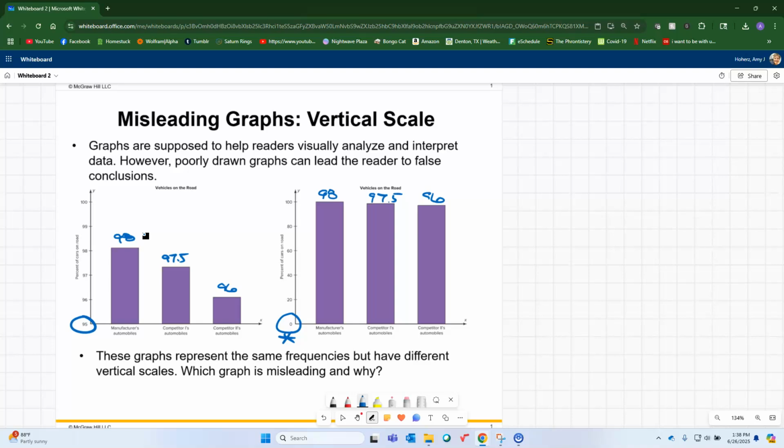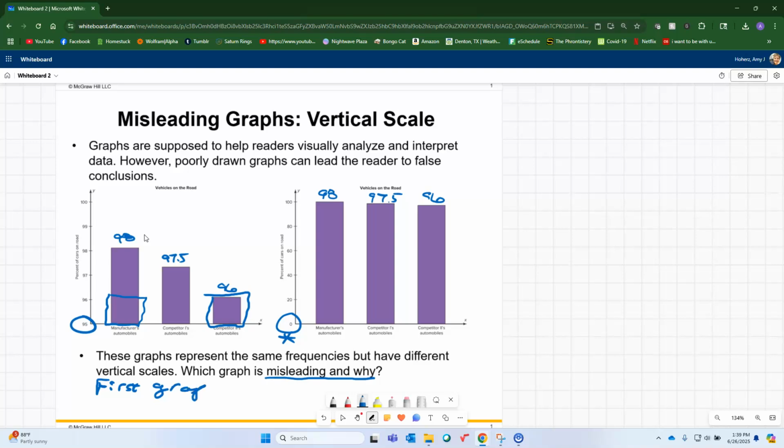Percent of cars on the road. Okay, so maybe like how many cars are on the road after a year or something like that. But this one shows that competitor 2 is at 96% and the manufacturer is at 98. That's only a 2% difference. Whereas this, because they've chopped it off at 95, this bar right here looks like it's less than half of this bar. So it makes it look like competitor 2 has less than half the percentage of cars on the road as the manufacturer does. So the one that is misleading is the first one,